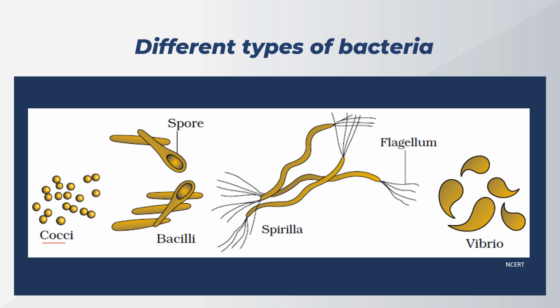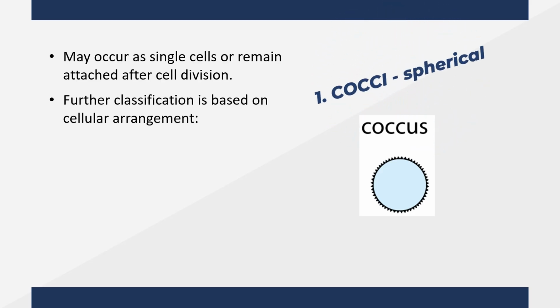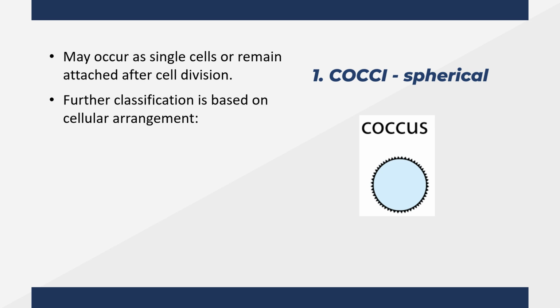You can see the cocci, these are round, spherical in shape. Bacilli, these are rod shaped. Spirilla, they are spiral, and vibrio is comma shaped. So let us discuss each of these groups one by one. Cocci, as you can see here, it is spherical in shape and it may occur as a single cell as